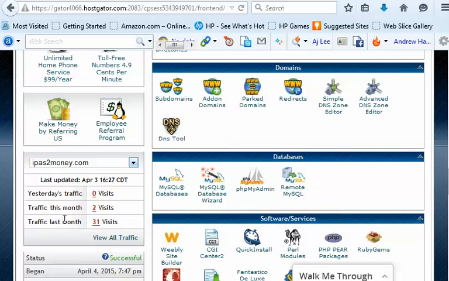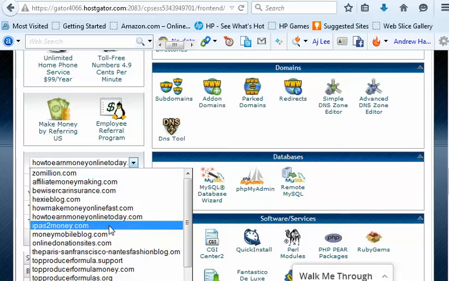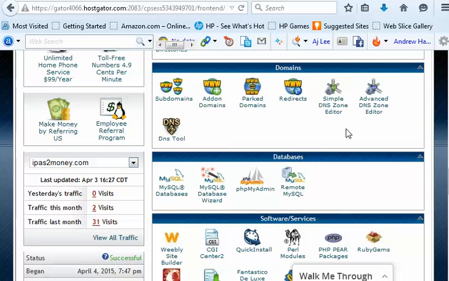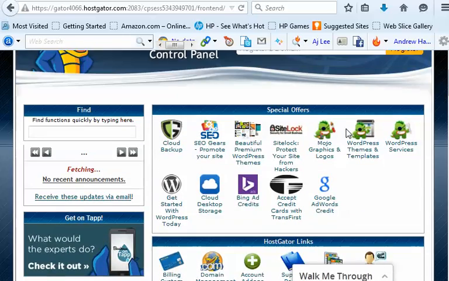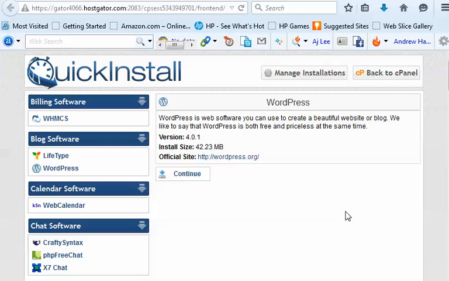So let's go ahead and move it. Let's go up. When you scroll up right here, you can see where it says special offers. You can see where it says start with WordPress. You want to click on that, because that's what we'll be using. It takes you to this nice clean page. Having a website is so easy. You wouldn't even believe how easy it is. All you do is, when it says WordPress, you click on continue,